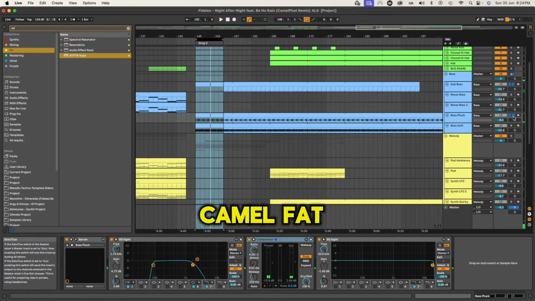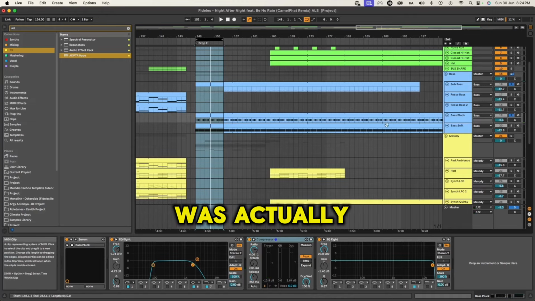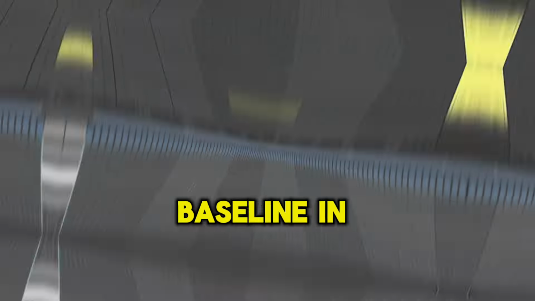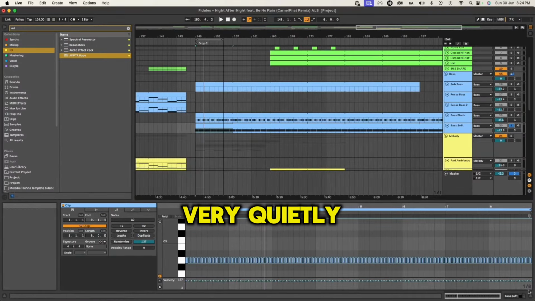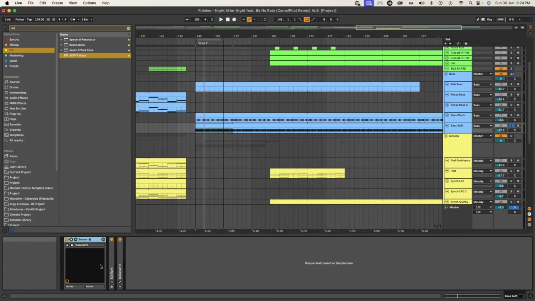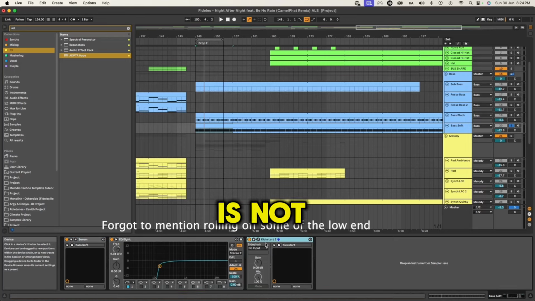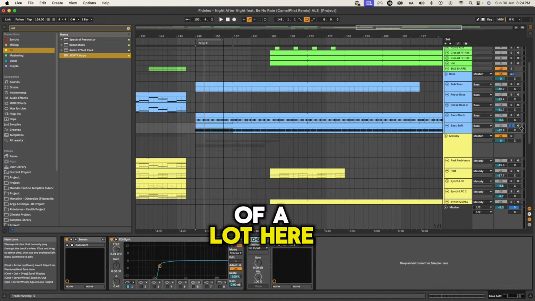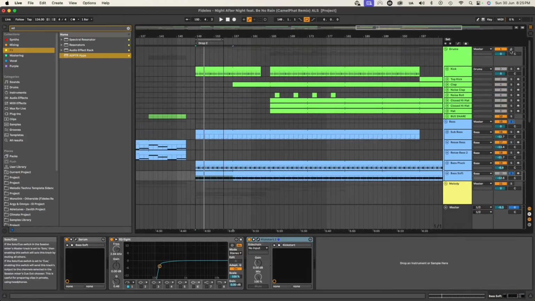The other thing that Camel Fat did in this track to really glue their low end was put a 16th bass line in here. This is just sitting very quietly underneath the main driven bass pattern, and it's just got a little bit of compression and the kickstart. It's not really doing a hell of a lot here, but with it on, it drives the track quite nicely. So if we were to turn this one on with a kick,